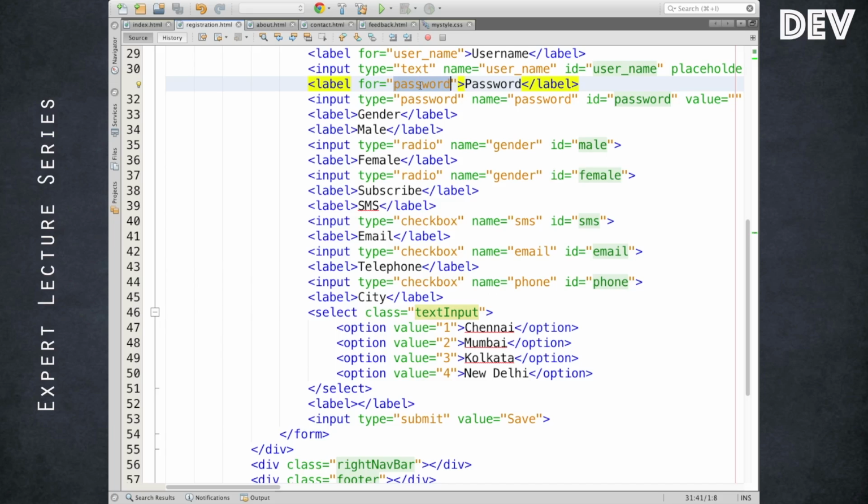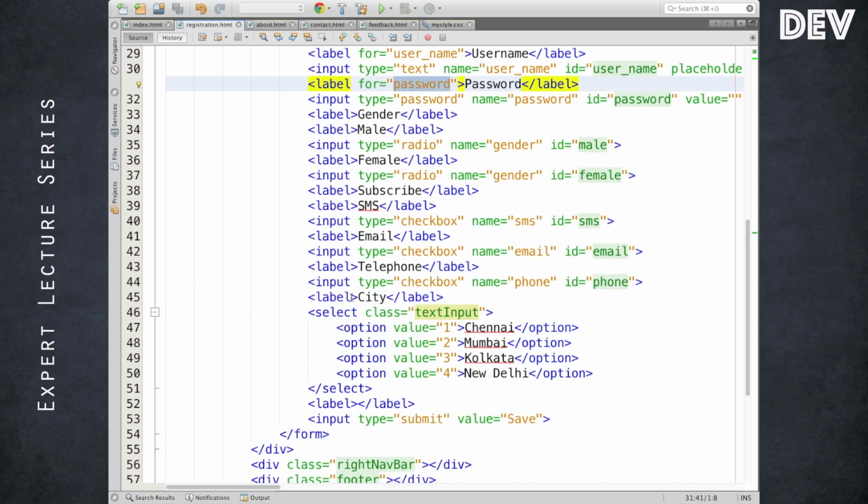That's what I was telling, the need for semantic tags. It's not only from the developer's point of view, it will guide the particular target. If it is a search engine, it can identify the content. If it is a phone, it can identify the focus according to how the tags placement is set. That's the reason the semantic elements were introduced, and it will programmatically guide the next focus if it is a touchscreen phone or anything else. So make sure you put it.